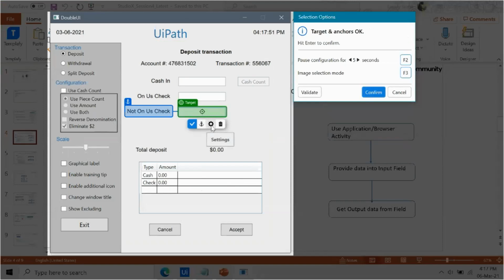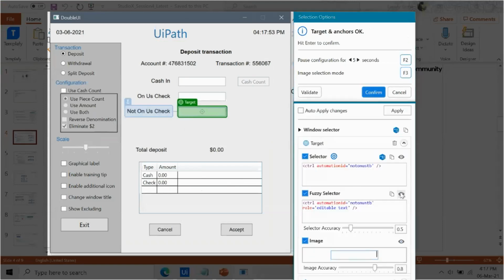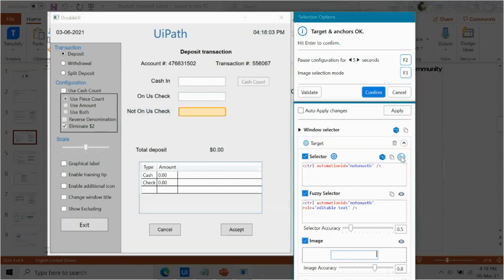Now, if I go to the settings, I see that there is a property called show all matches for the selector as well as fuzzy selector. So I click on them. Based on the selector properties, it looks for similar matches of the same target.